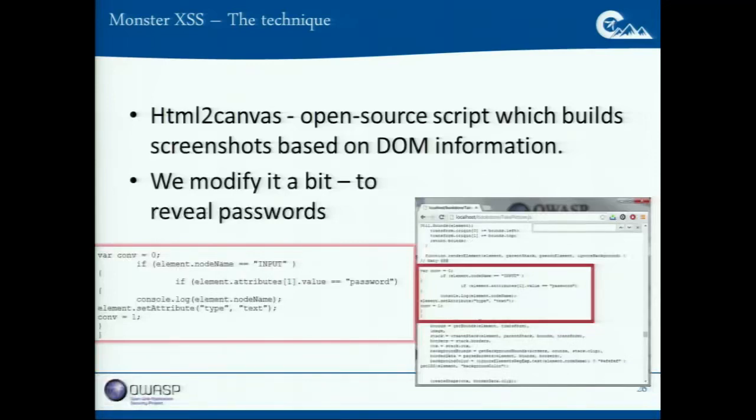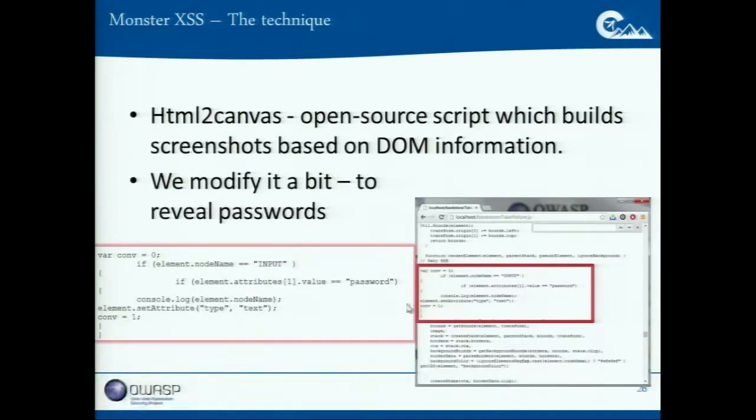The HTML to Canvas script uses the Canvas element to take screenshots of your activity. It takes screenshots, and I just downloaded this script; it's open source and can be found very easily,